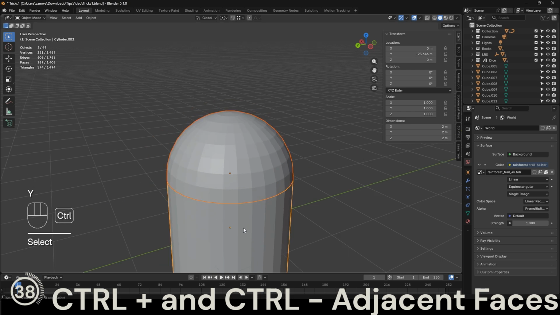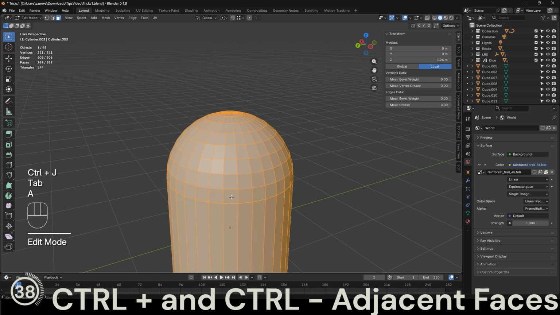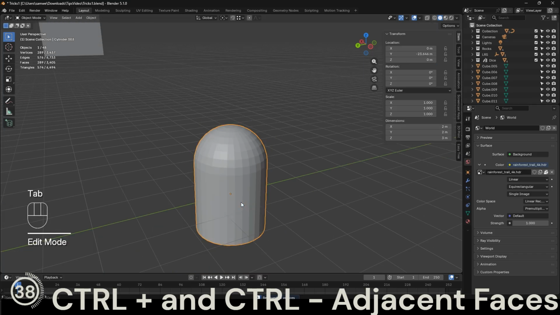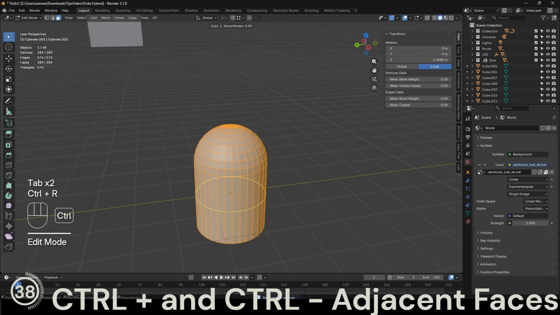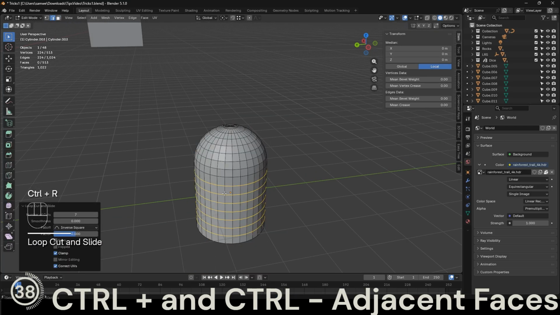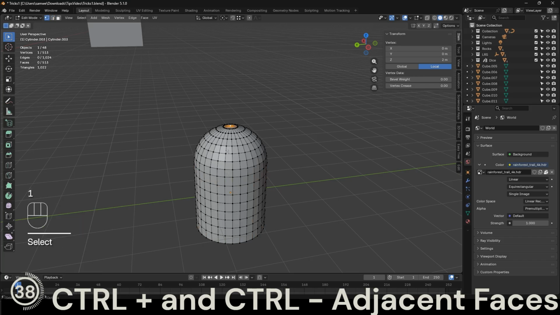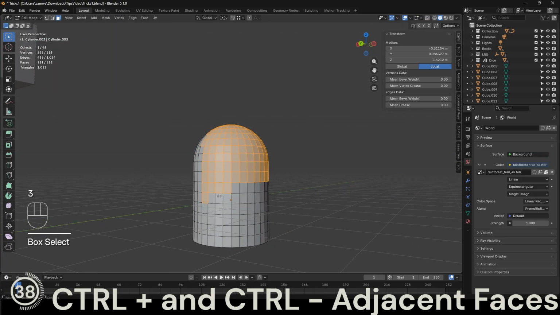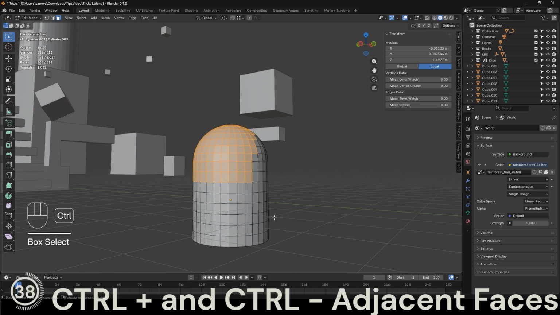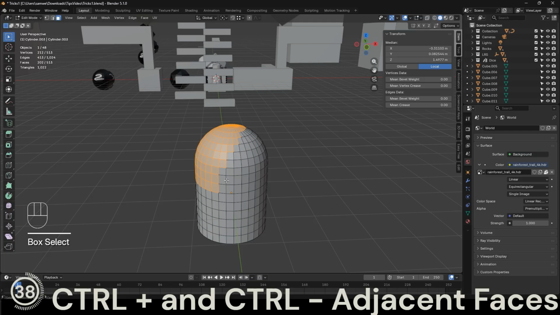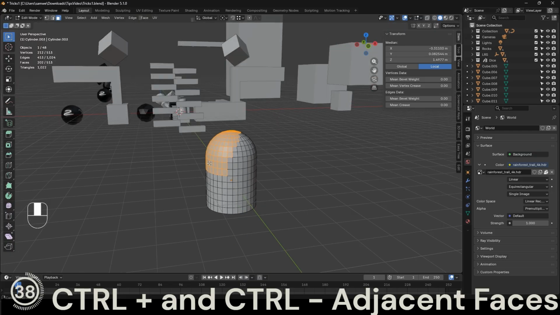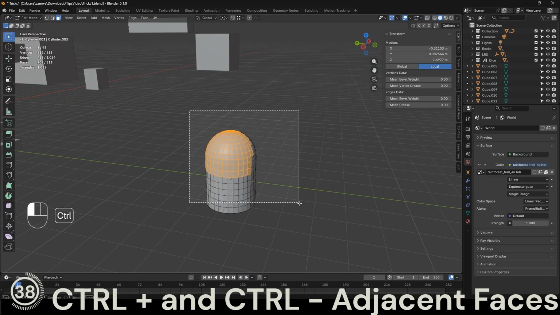We can join them both, Control J joins objects together, and then basically M is merge. So if we merge by distance, we've lost 32 vertices. So alright, we've got multiple of these, and what we can do is select the top, so instead of having to go, okay, we've got all these faces, and then oh no, I don't want those, and I don't want those. There's a lot of shortcuts being used in this, so what you've missed out on is